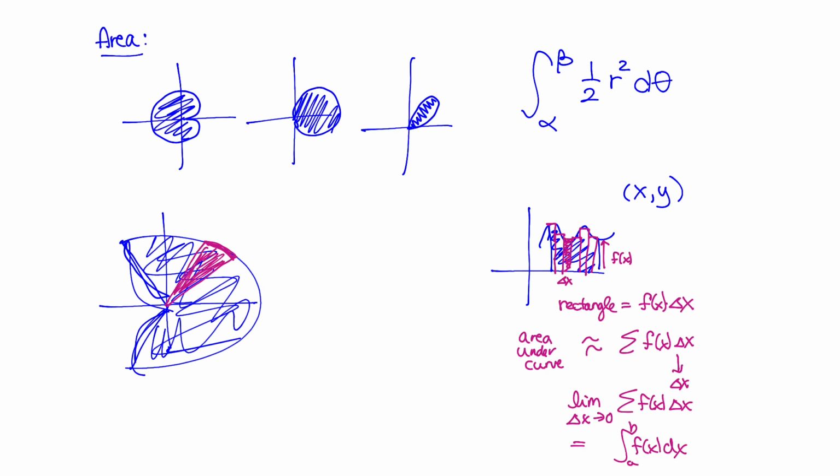And we're just going to make all these segments, are you with me? We're going to add up all these segments that I'm breaking it up into. Same idea as rectangles. And then what I'm going to do is find the area for a segment, which is different than the area of a rectangle. And then I'm going to take this here as my delta theta, and I'm going to shrink that to 0, and that's what's going to give me the area in the curve. Now, I have some really nice notes for anybody